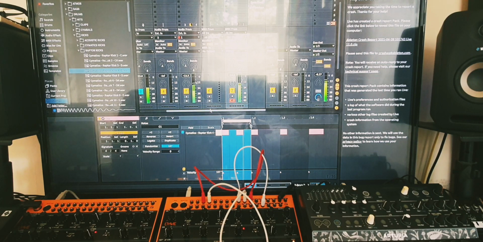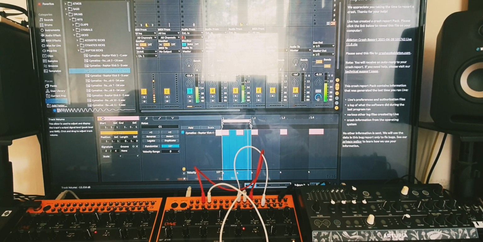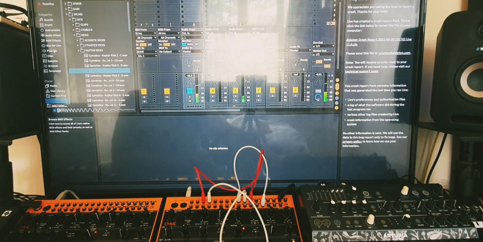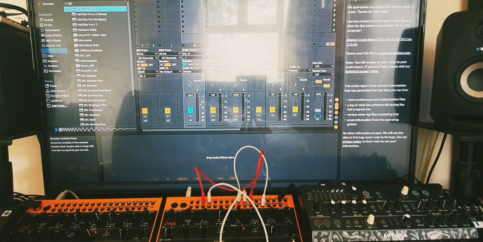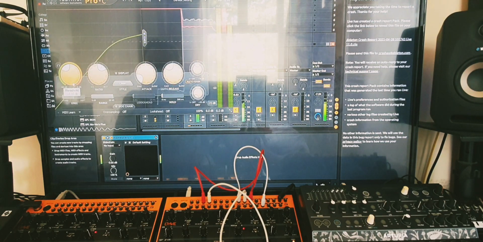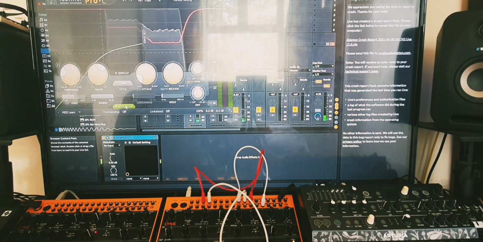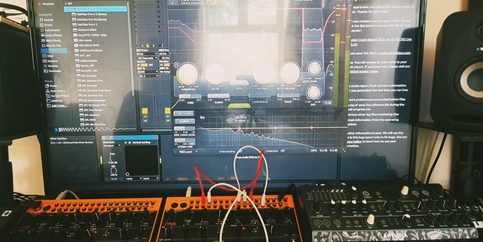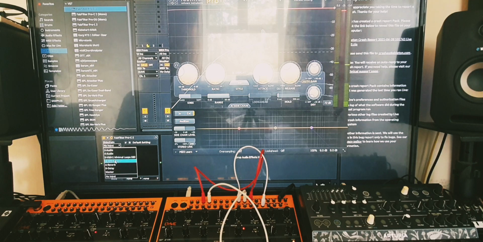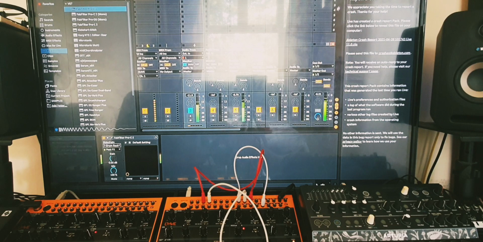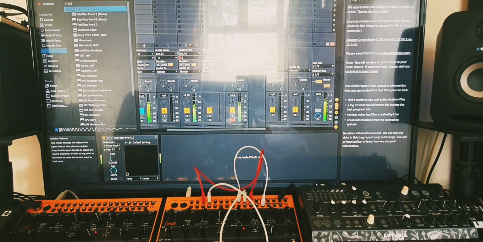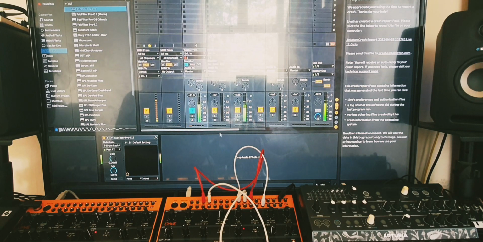A little bit of side chain and you'll already have something quite good. So let's do that. Let's put a little bit of side chain on it. I'm kind of giving away all my plugins here, but it's fine. So with this side chain, it's really easy. You just want to choose an external source. We'll have the kick. By no means is that anything finished, but you can already see how quickly